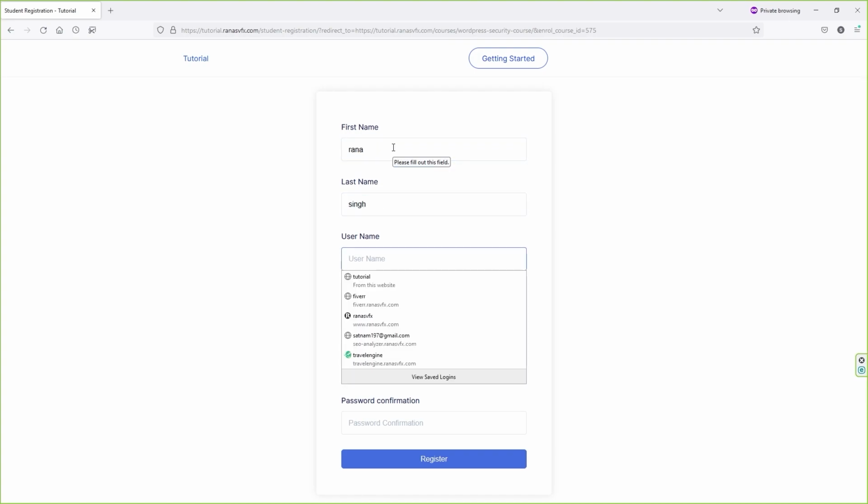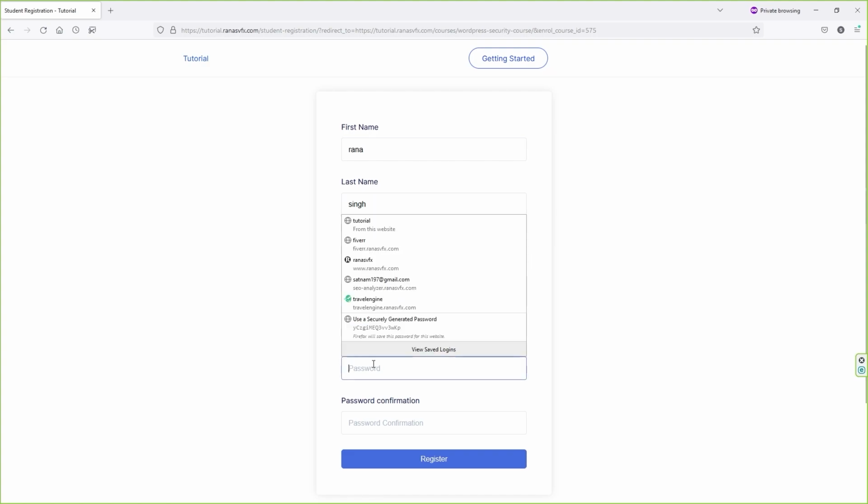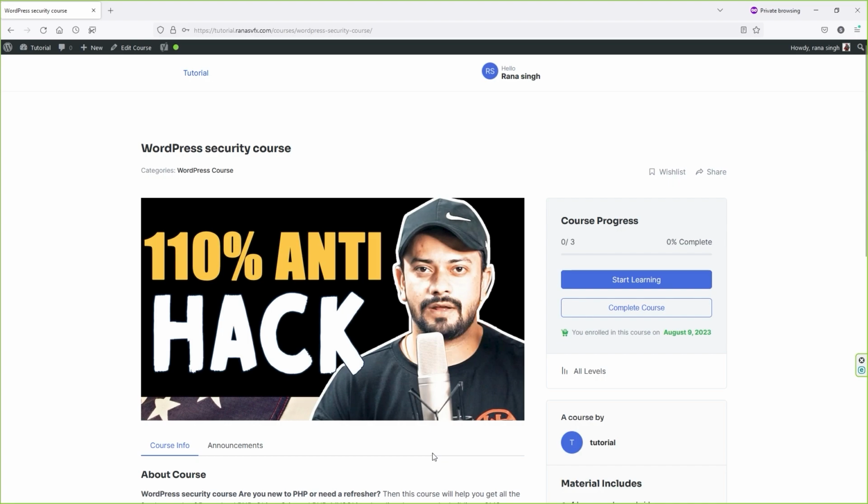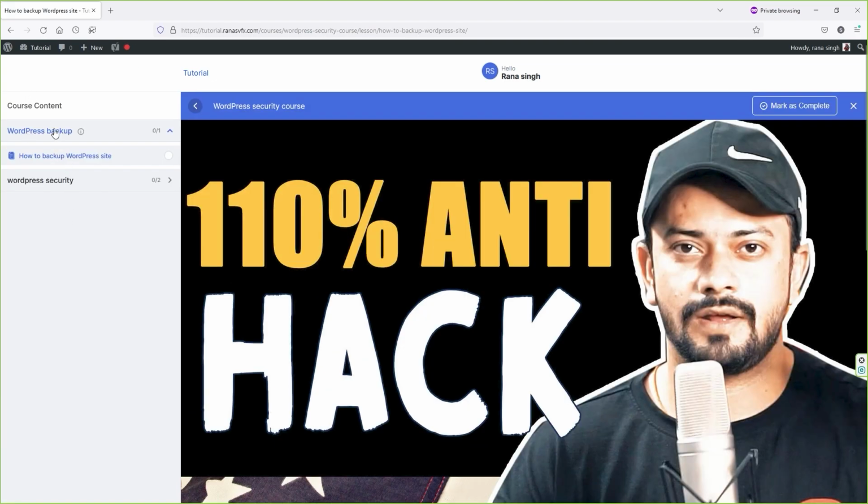Rana Singh, username Rana, email, password, confirm typing your password, click on register, and let's see. Alright guys, so you can see we have successfully registered on our website. To watch this course, click on start learning, and you can see the course content, first lesson, second lesson, first